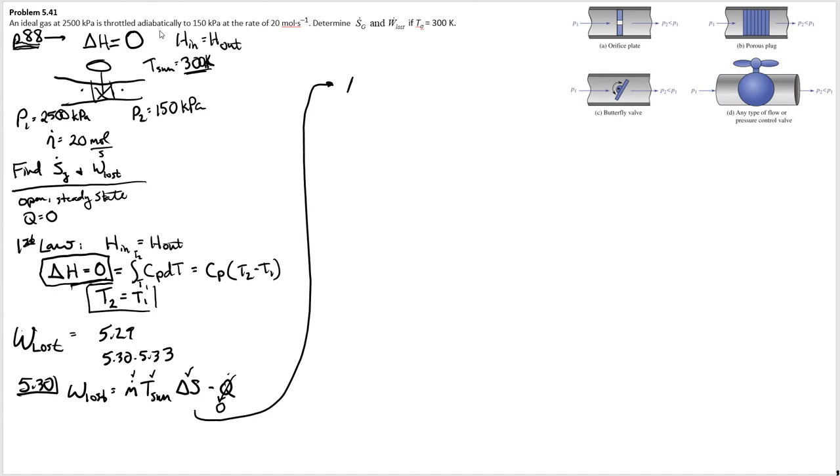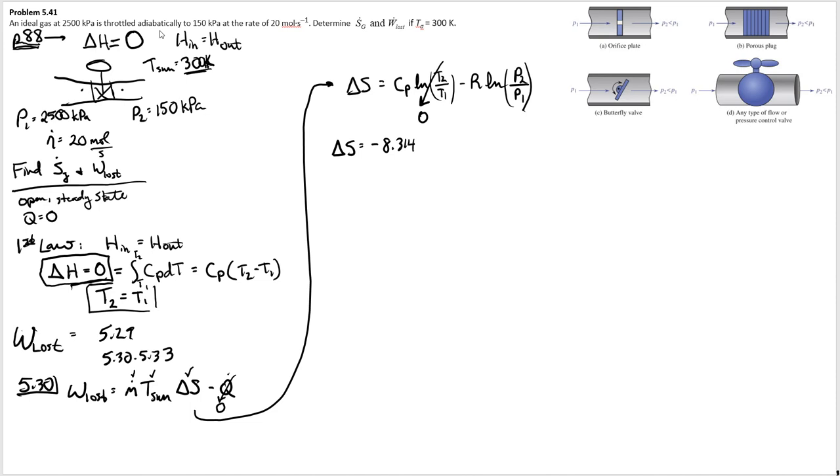If we go back to chapter 5, delta S for an ideal gas, and remember these are state functions, so this applies for every process, is Cp natural log T2 over T1 minus R natural log P2 over P1. T2 is equal to T1, so that ratio is equal to 1. The log of 1 is 0, right? So delta S is equal to minus R, which is minus